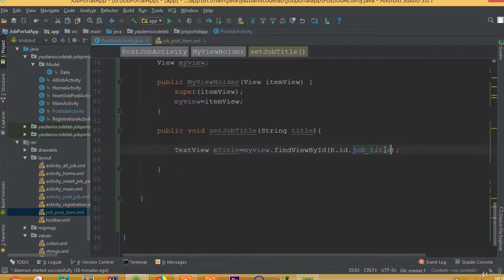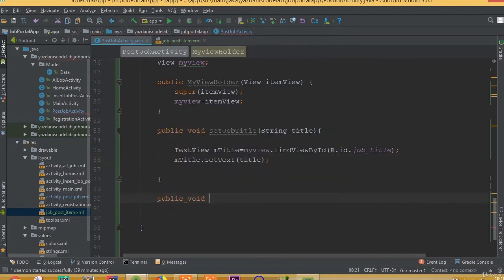And job title, so mTitle.setText is going to be title,